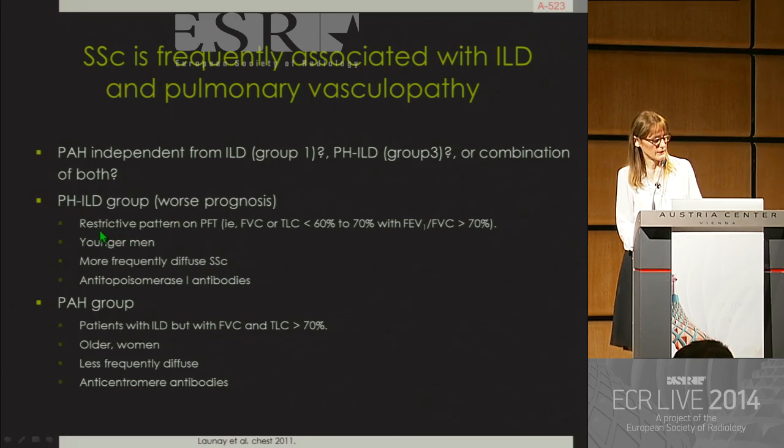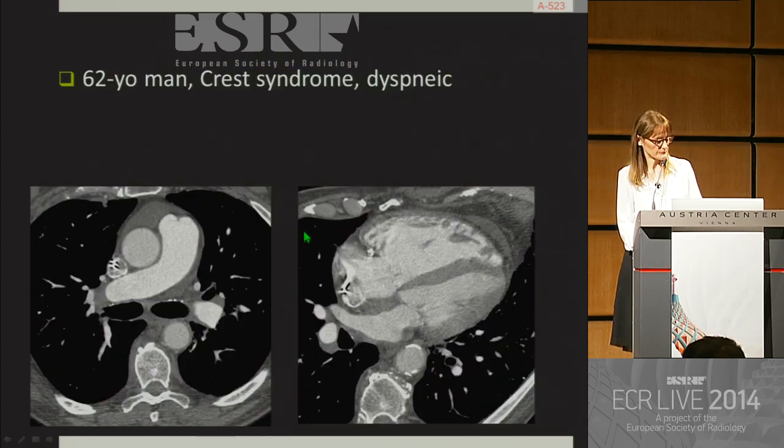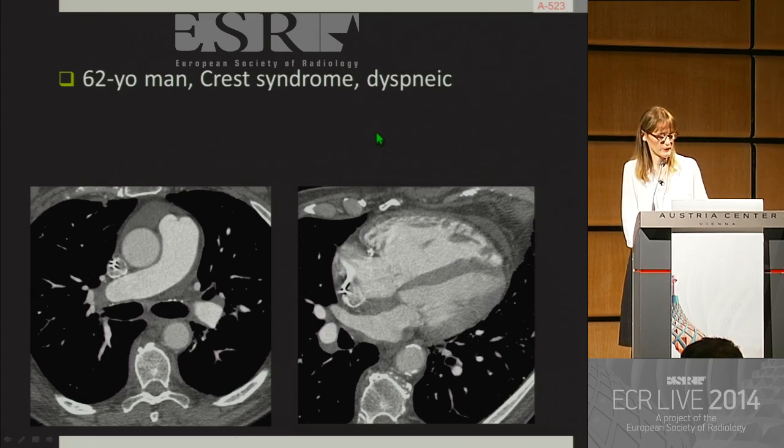We can say that the pulmonary hypertension is due to the infiltrative lung disease if there is a restrictive pattern on PFT. And in this paper from David Launay, he found that this group of patients had a worse prognosis. This is here the case of a 62-year-old man with CREST syndrome, dyspneic. You can see here signs of pulmonary hypertension, enlargement of the main pulmonary artery,